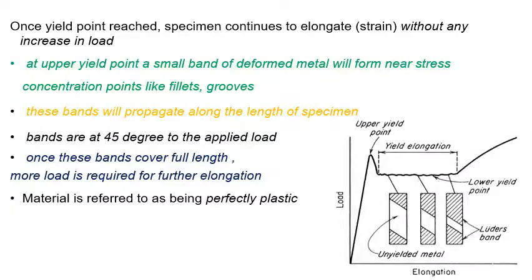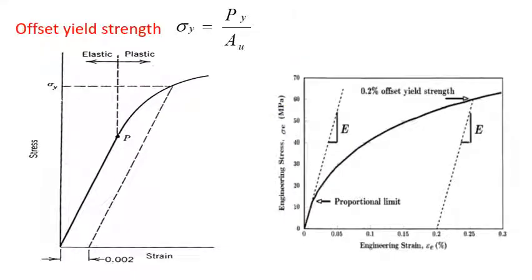Once we move on with the yield point, as I already said in the first slide, if it is a linear one it is very easy to find the yield point, where the material starts behaving plastically, from the deviation of this linearity. But in non-linear elastic regions, it is very difficult to find the yield strength.